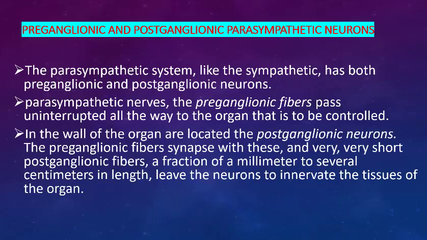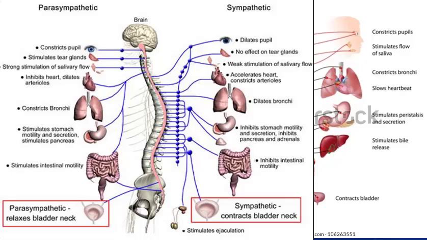In the wall of the organ are located the postganglionic nerves. The preganglionic fiber synapses with these, and very short postganglionic fibers, a fraction of a millimeter or several centimeters in length, leave the nerves